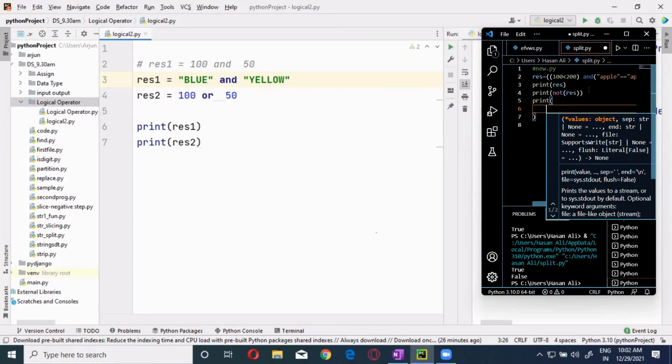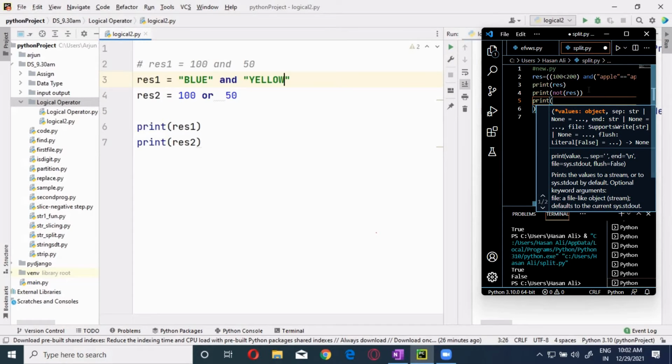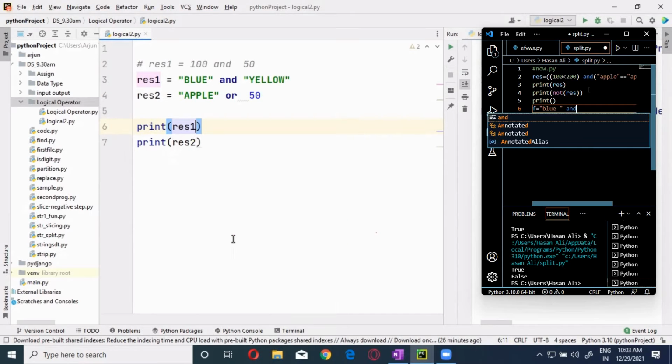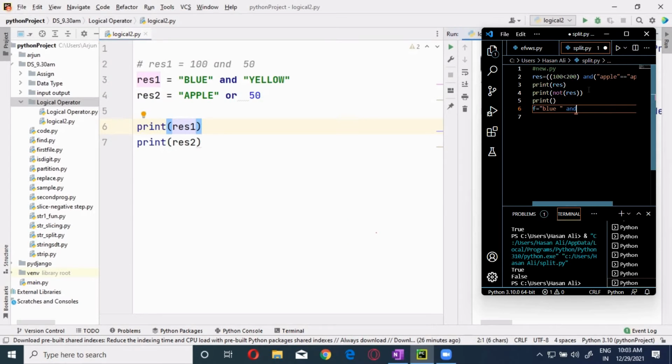Definitely you will get yellow because these are values, we are not comparing with a conditional operator. So here in this case, I am giving it as apple and 50. Can I do this? Yes, you can do it. You will get apple. See this? First one is yellow. This one is apple. This is a common thing we have done.